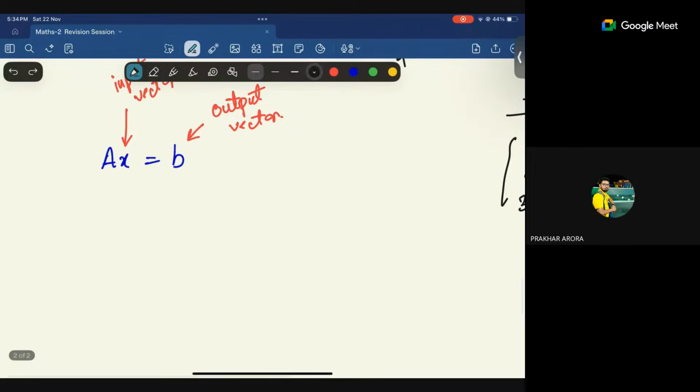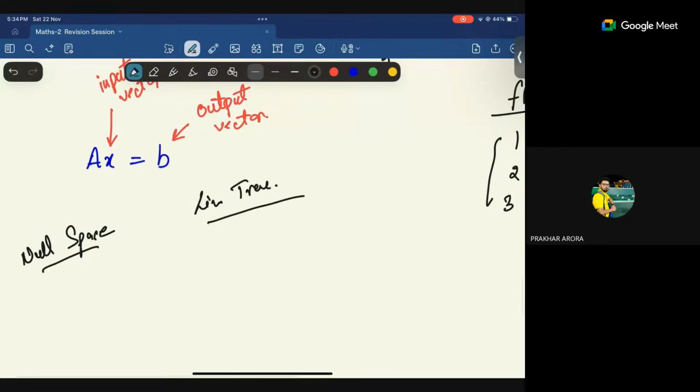What we did till now is we studied something about null space and something about linear transformations, and we haven't completed any of these topics yet for our syllabus. Any confusion in this part, anyone? No. The topic we did till here is the very foundation of week 5 and week 6. If we are through this, then every topic is hardly 10 minutes long after this. We just need to bring the mathematical formulas and concepts here, and things will start falling into place. This was the foundation here. If anyone has confusion here, please tell me, I will repeat.